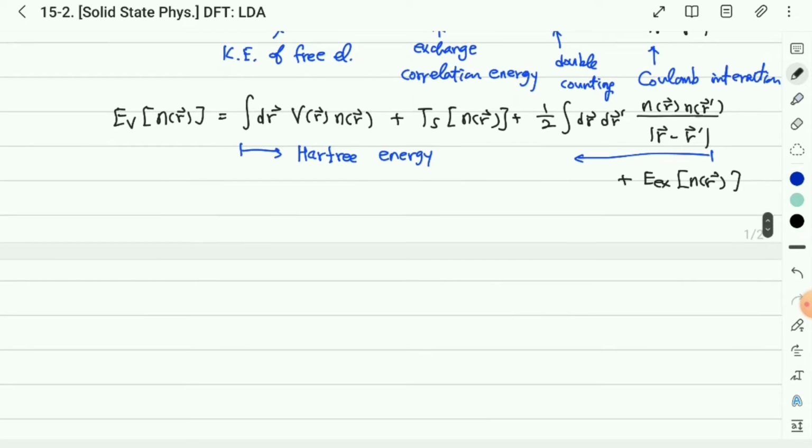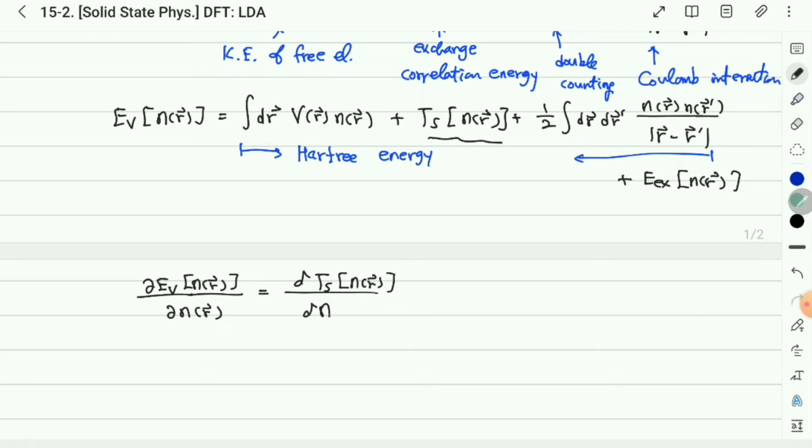Therefore, here we should calculate the partial derivative of E[n], the functional of n(r), with respect to n(r). Then this term should be calculated, and also delta T_s[n] over delta n(r),